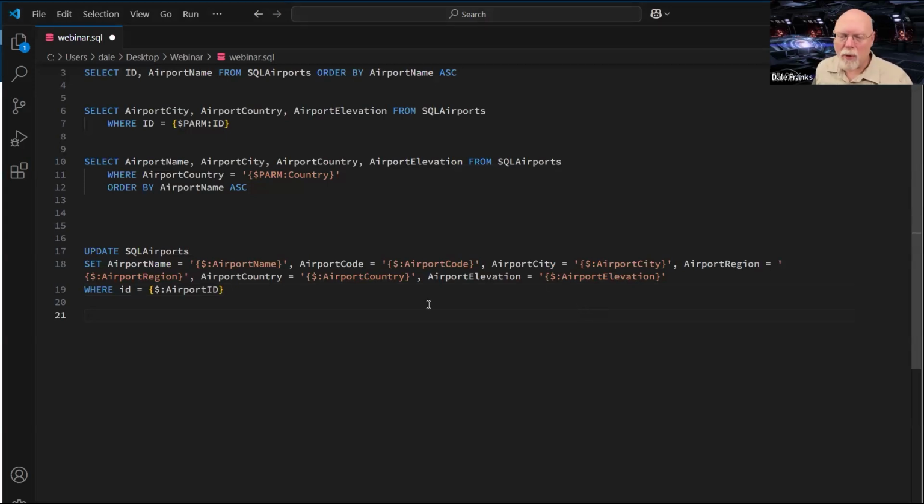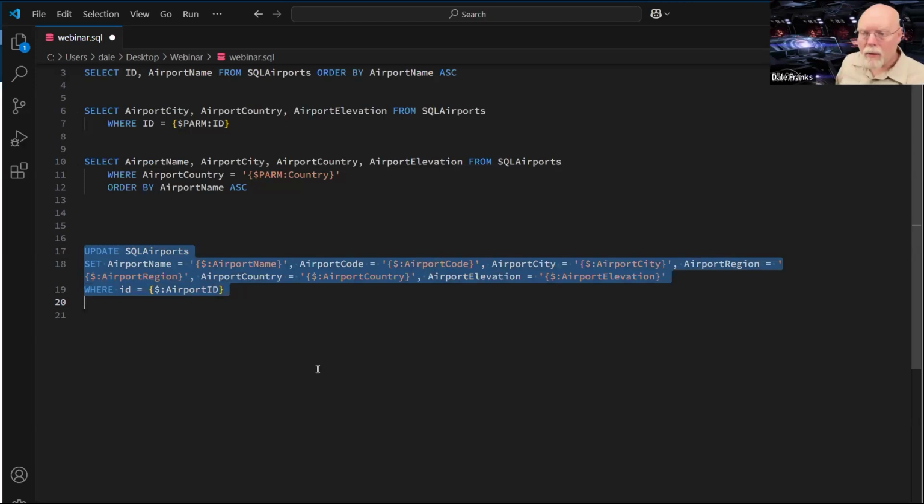Back to our proximate case here, airport elevation is, as we just saw, a text field. So I am still going to have to put it in those single quotes. Now remember, airport ID is a numeric field, so it gets no quotes around it. So I have a SQL statement that I think is going to work. Question now becomes, what do I do with it?